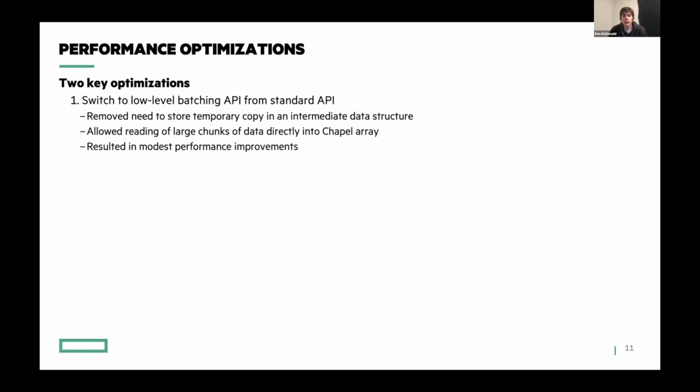Yeah, there was some poor use of the memory there, and we also just weren't reading directly into our array. We also had to do the copy into our Chapel array, which was also costing us some more time. What this low-level API allowed us to do is read directly into a buffer, large chunks of data at a time. In that way, we were able to cut down that temporary copy. The performance results here were admittedly a little bit modest, but what did come out of this was a reduction of about half in memory usage,